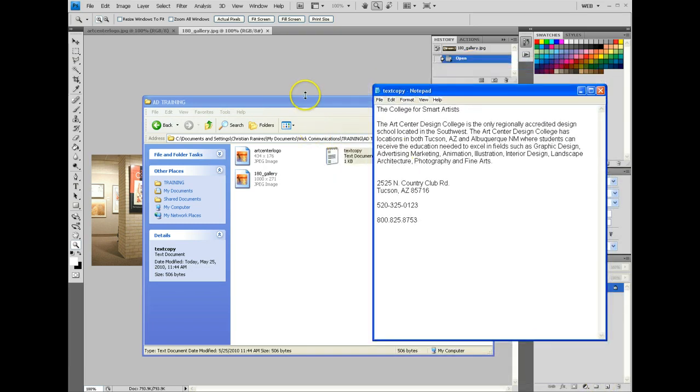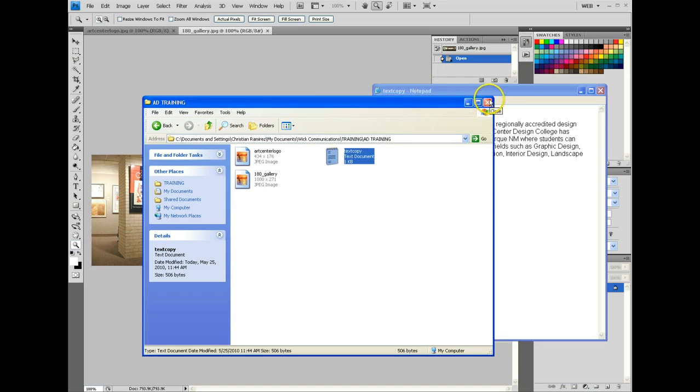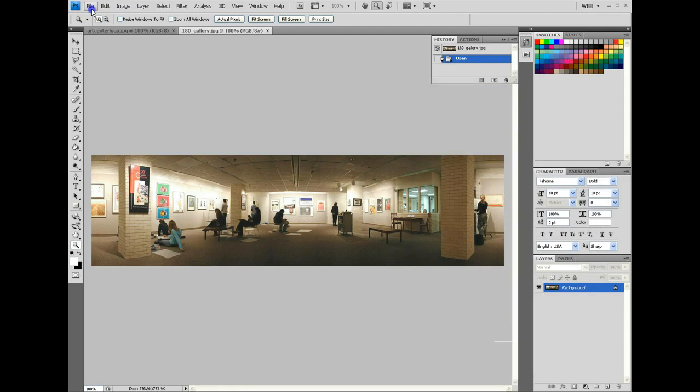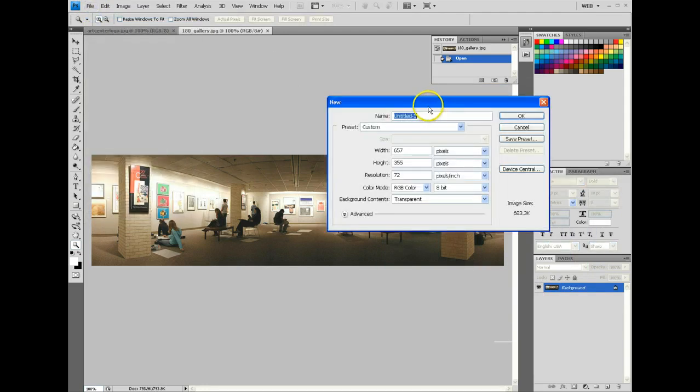So, in this tutorial, I'm going to create a 300 by 250 medium rectangle ad. So I'm going to go to File, New, and I'm going to set a name. Give it its width. I want to make sure I'm selecting pixels, a height, resolution 72, RGB color, and I'm gonna